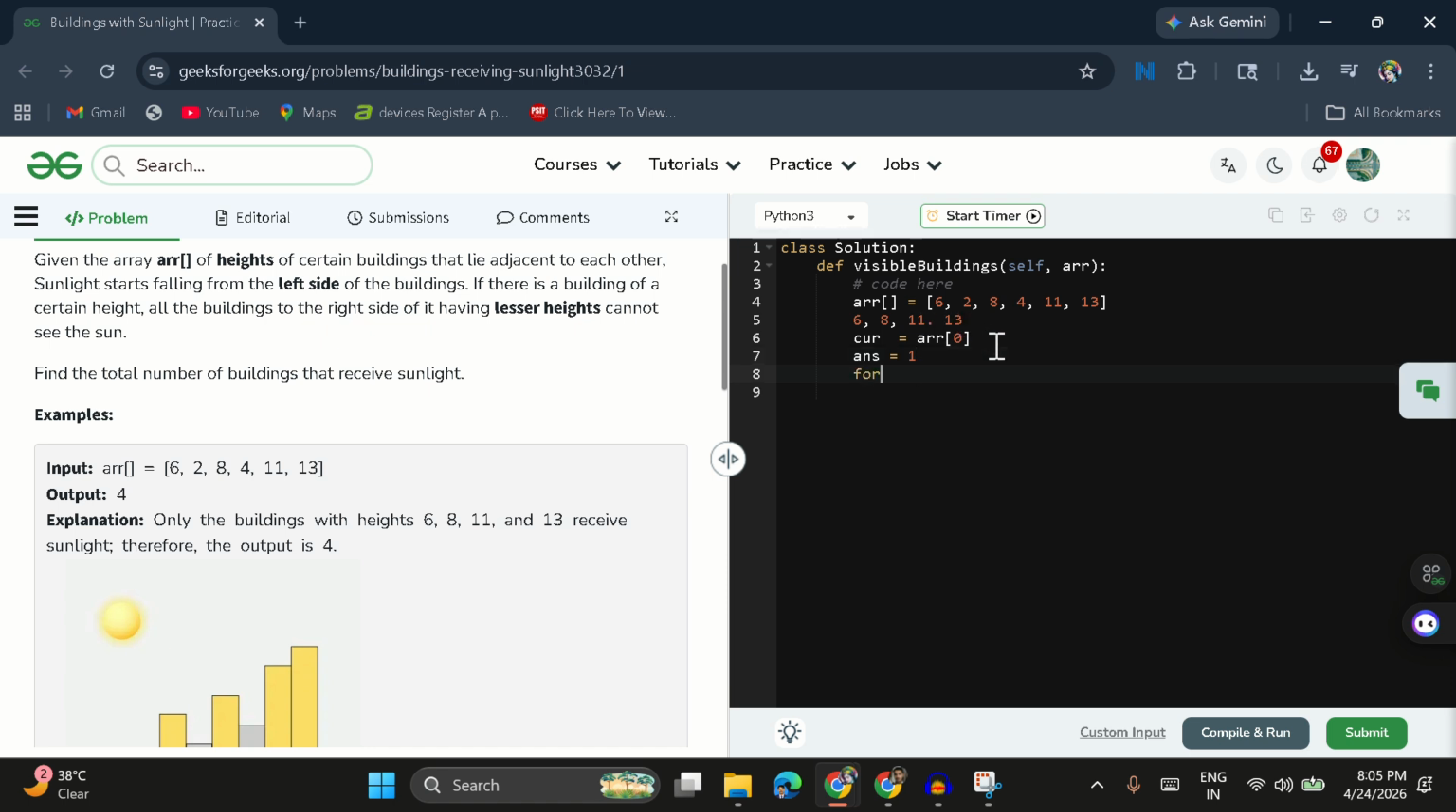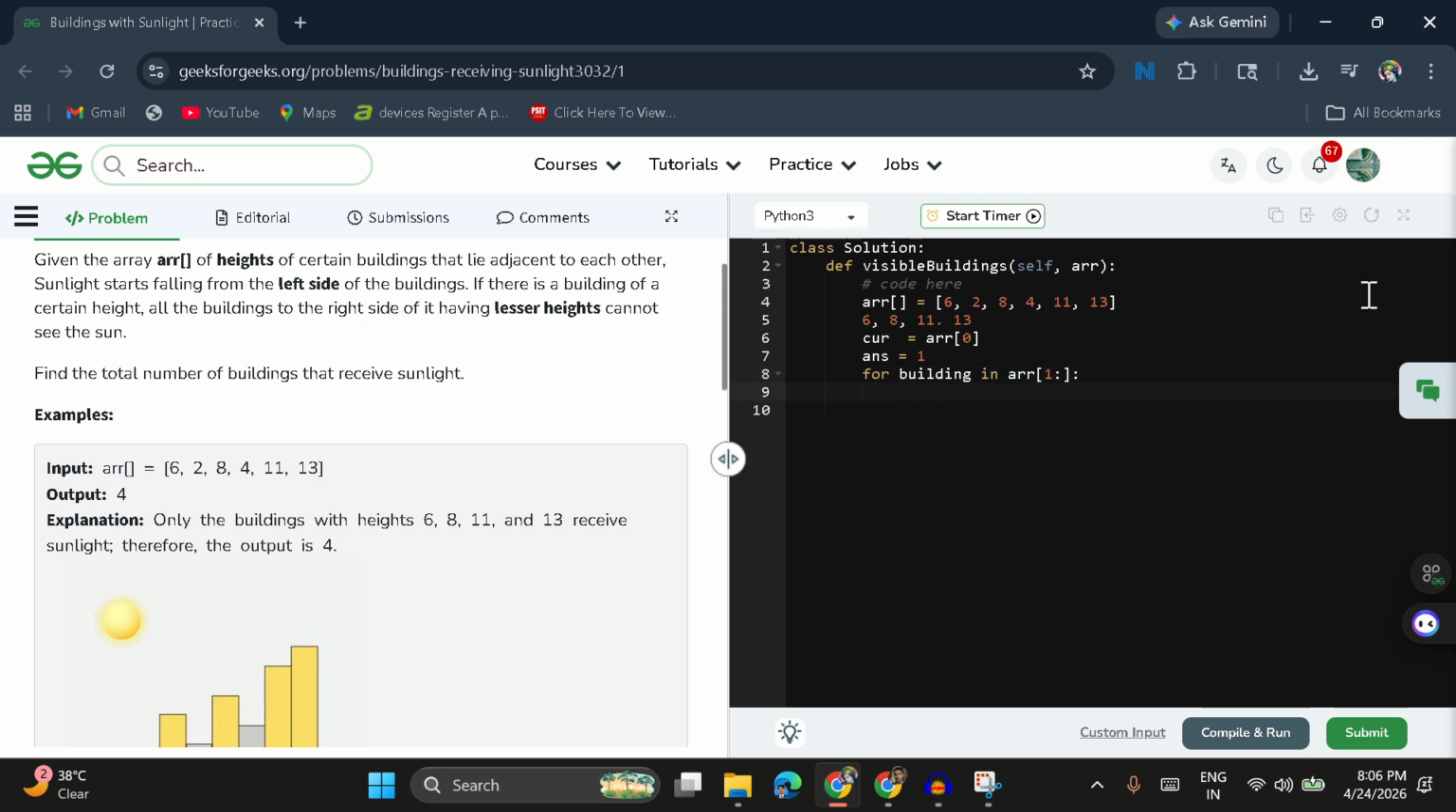So starting from the second element to the last element, we will check how many elements have greater than or equal to height with its previous left tallest building. So we will take for building in ARR from 1 to the last, and we will compare whether the height of the current left building is less than or equal to the current building,